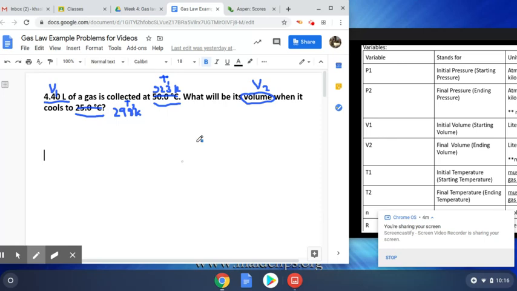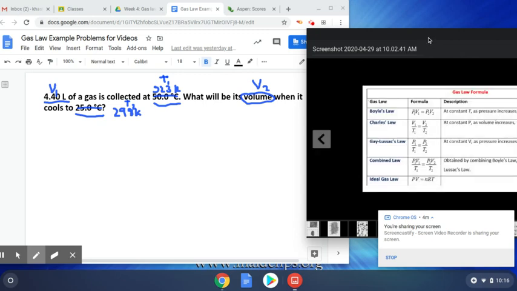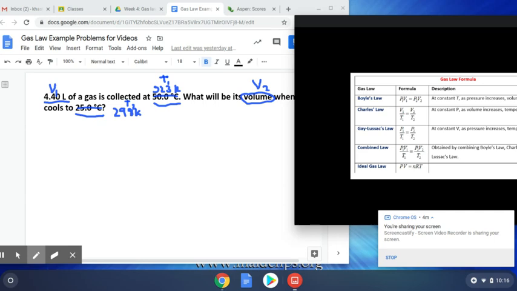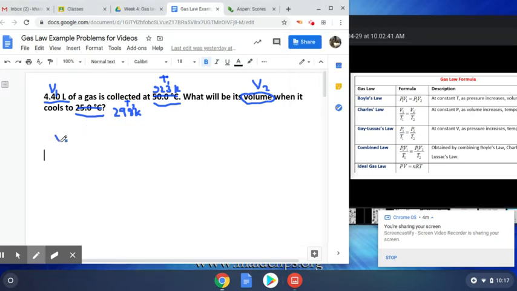you can go and pick your law. So you have 5 different laws that we're going over on this week's materials. So you have 5 different laws, and it's pretty easy to figure out what law to use if you read the question and take the time to underline your givens and label them. Okay, if you take the time to do that, I mean, what law do we have to use here? Obviously, we have to use Charles's law because we have 2 volumes and 2 temperatures, and we have nothing else. So we have to use Charles's law. So we do Charles's law,